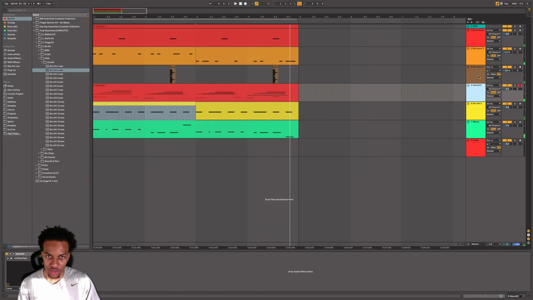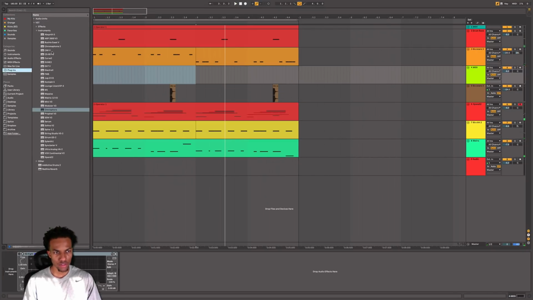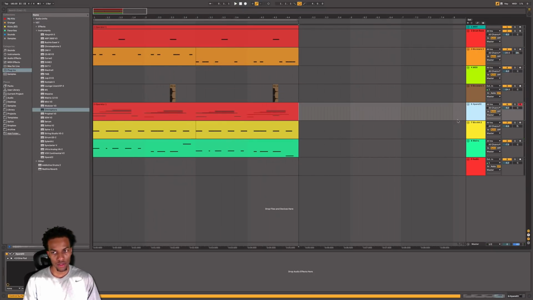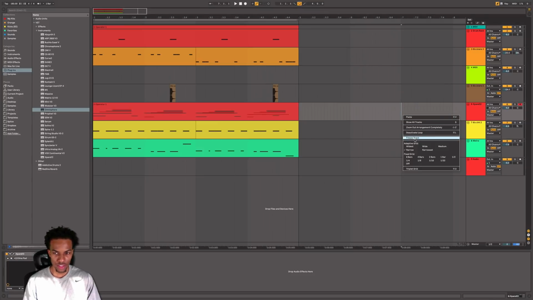All right, let's get one more instrument sound. We pan this snare to the left and these hi-hats to the right. Actually, I'll pan them to the left a little bit. All right, now let's get a different sound. What I want to try real quick is turning off the mutes right here and then freezing this track,